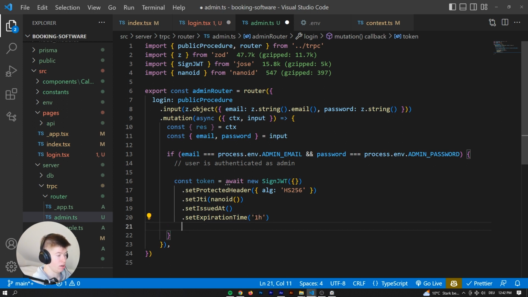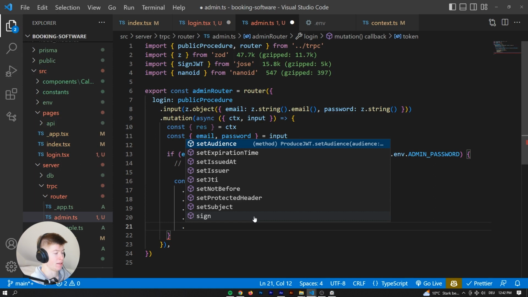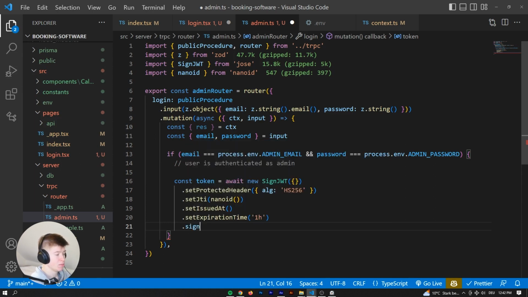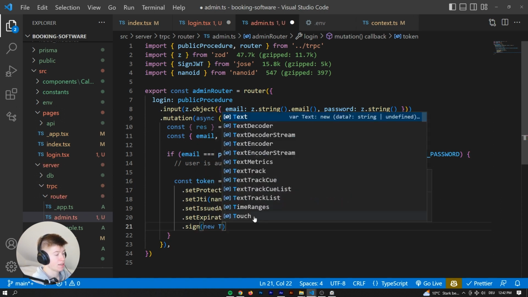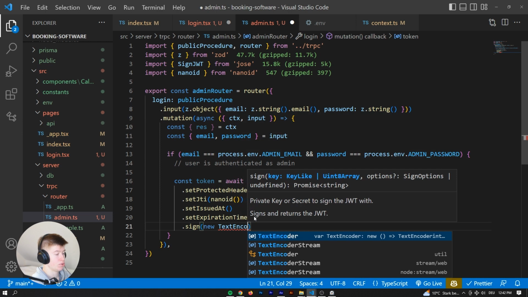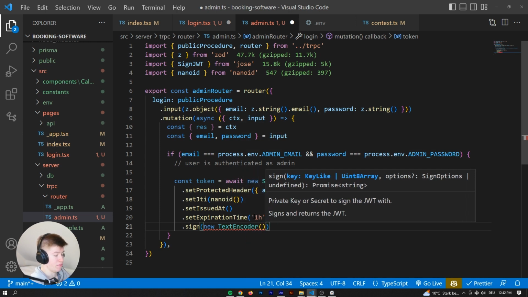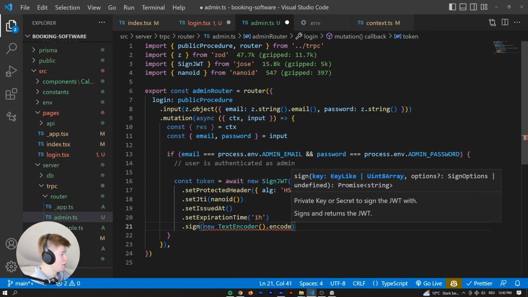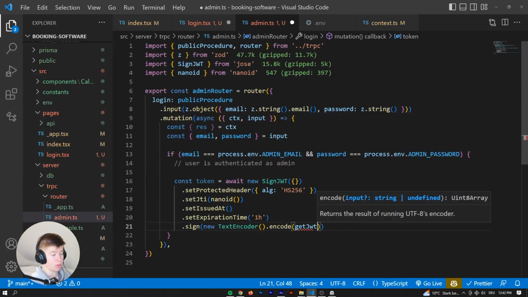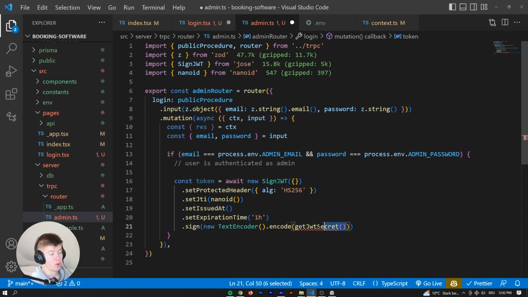I think that's going to be totally fine for an admin to make changes, and then the key will get expired. And then the most important thing, we're going to sign this. Well, what are we going to sign with? With a new text encoder, there we go, which we're going to invoke, and then .encode and get JWT secret key as whatever we're signing it with. Now, where is this get JWT secret, and actually let's call it key, where's that